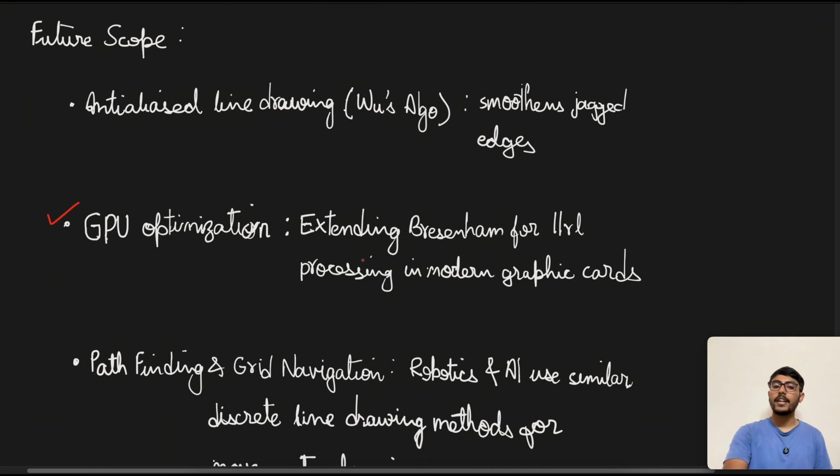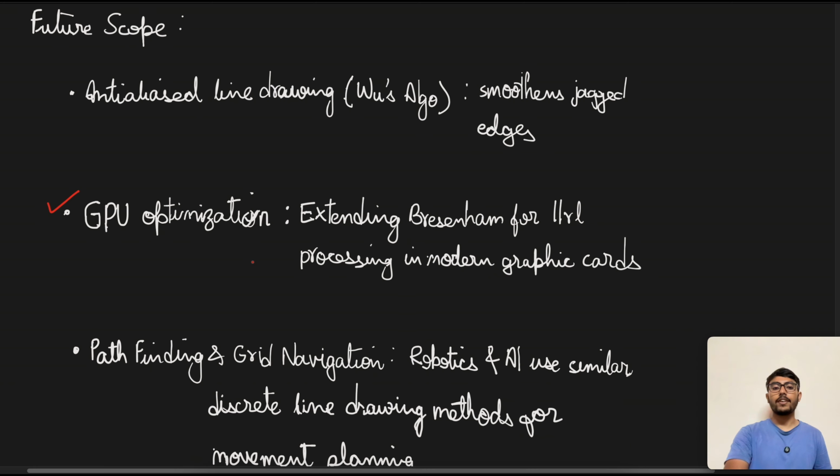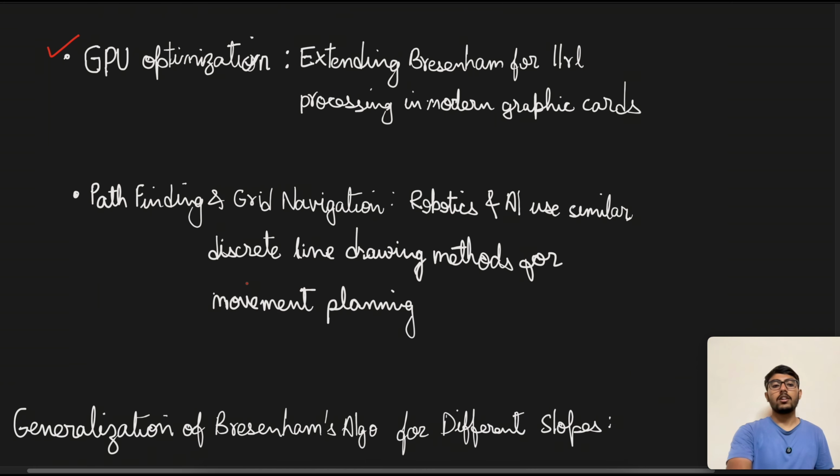Then there is pathfinding and grid navigation, right? Similar to what we just spoke about, it's like the drawing methods that we have for discrete lines and movement planning. Now we will do the last part, which is the generalization of Bresenham's algorithm